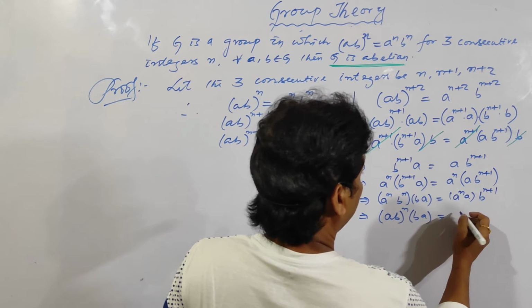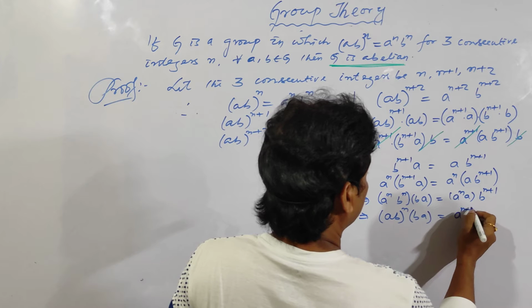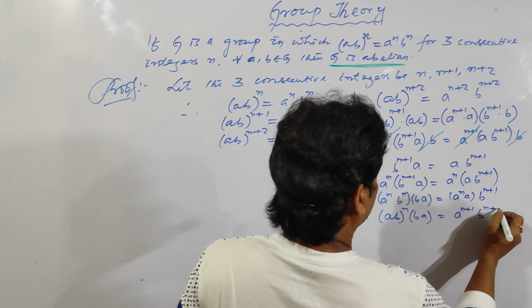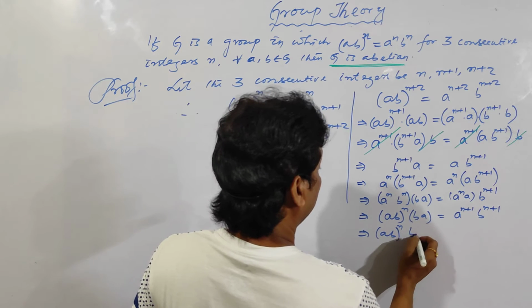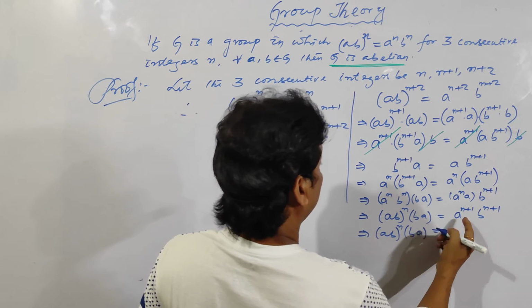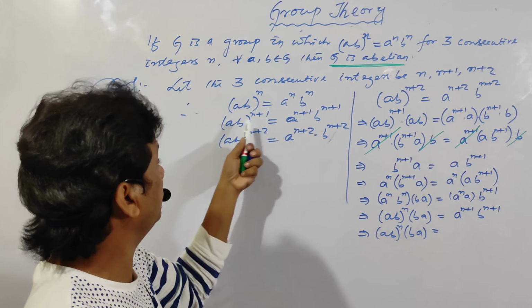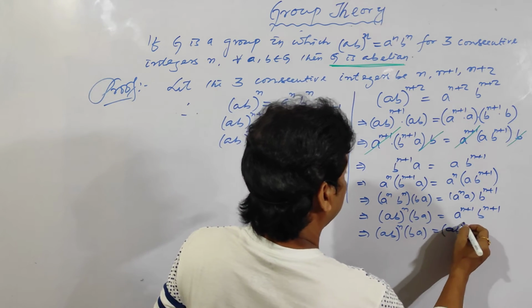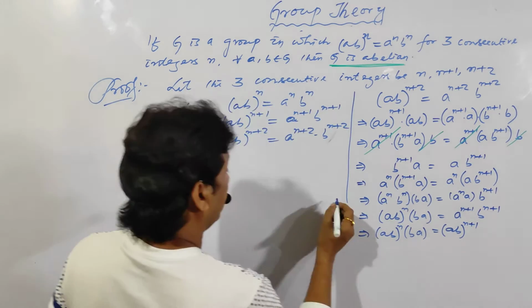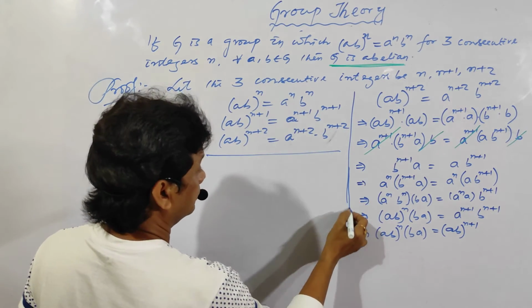a to the n into a, it will be a to the n plus 1 into b to the n plus 1, and this will become (ab) to the power n into ba is equal to, and a to the n plus 1 into b to the n plus 1 is (ab) to the n plus 1, so it will be (ab) to the power n plus 1. Clear? Now I am writing here,